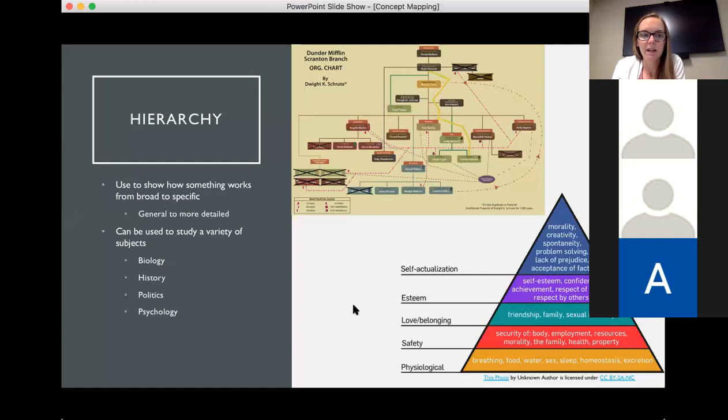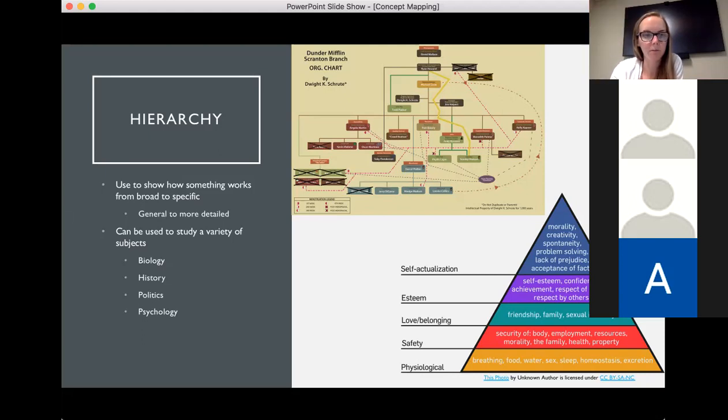And then another idea is to show a hierarchy of something. So this example up here is kind of a fun example. It's an org chart of the office. So if there's any kind of, you could use this for like a history or a government class, you could show a monarchy, the kings and queens and who reported to who. Or, for example, you could even do our government system. So you could do the three branches, you know, who leads each branch, and then who reports to who